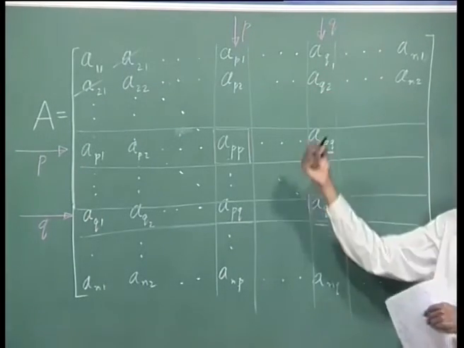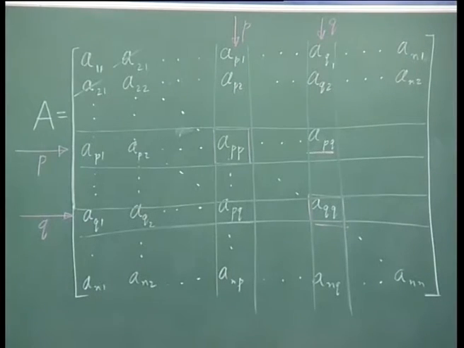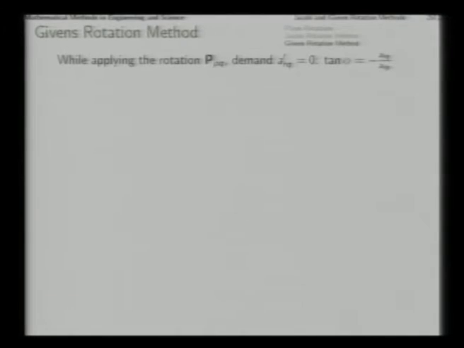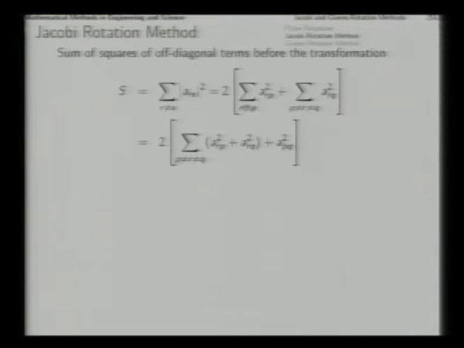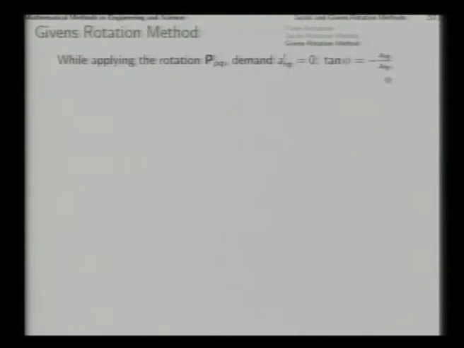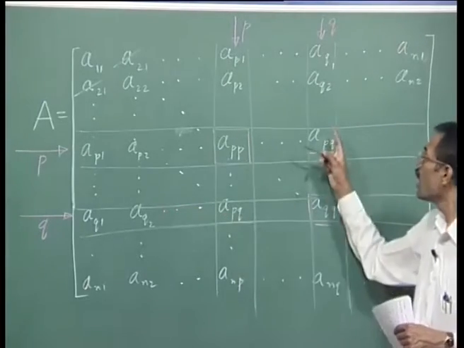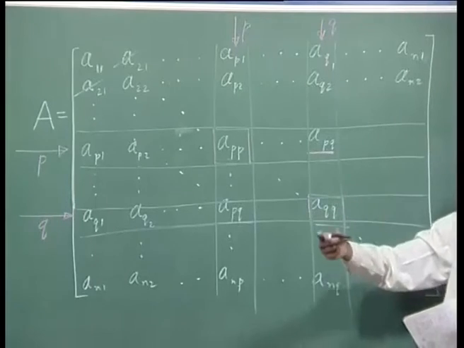So you could have chosen that, and if you say A_RQ prime equal to 0 for any R, you can choose in principle. So A_RQ or A_QR is the same thing. So one of these you want to be set equal to 0. That will mean that you want sine by cos to be minus A_RQ by A_RP, that is tan phi. So that will give you another value of phi, which will set your chosen element in this row and in this column to become 0 through the transformation.